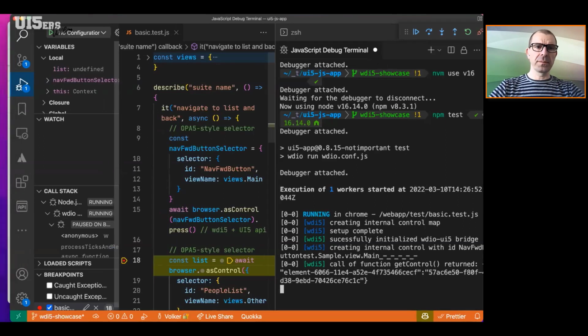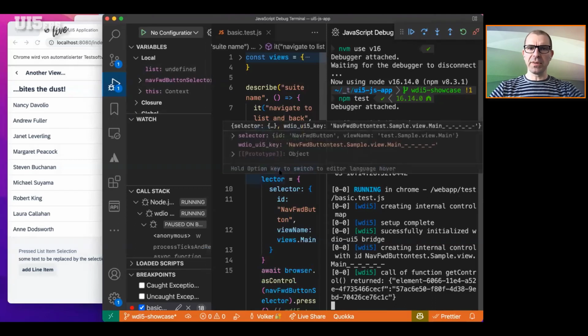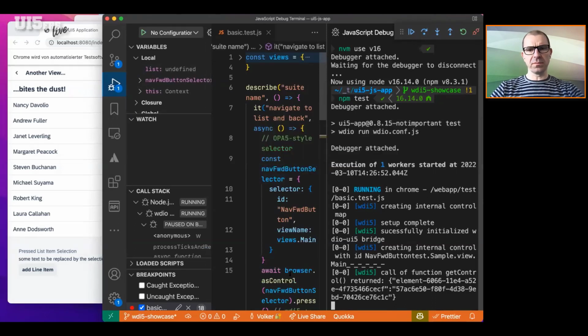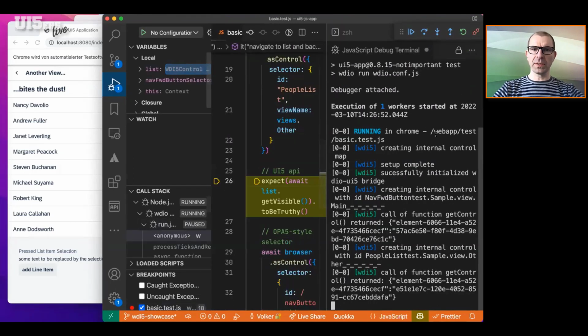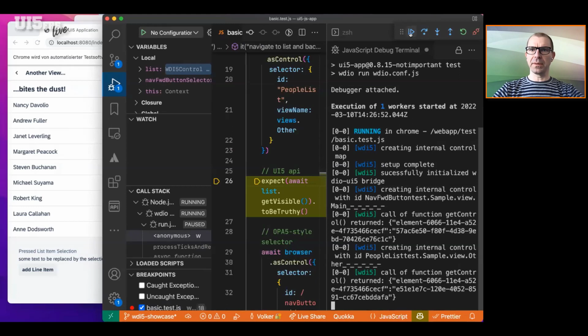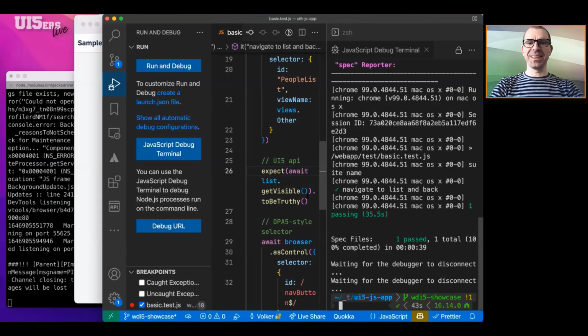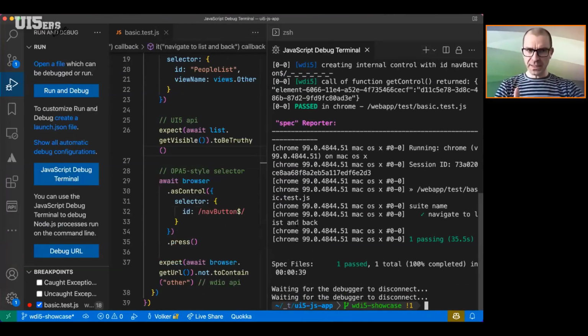And in there, you see that you have the entire selectors and everything that's available here inside what you're used to in Visual Studio Code. And you can then step forward one step and then actually see what the list control looks like. See all the containing UI5 functions down here, the API, and so on and so forth. And then, well, if you're done, press play. So you can easily debug and step through the test at runtime, which, well, is simply very convenient.